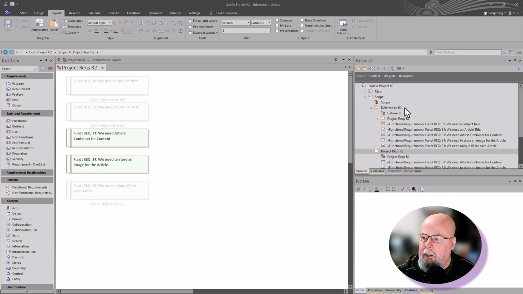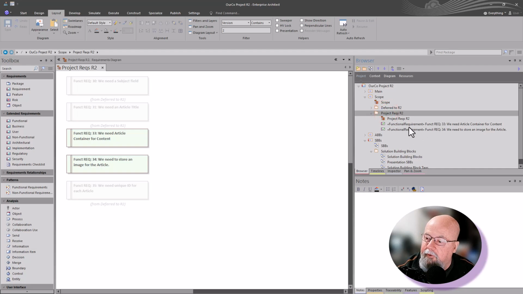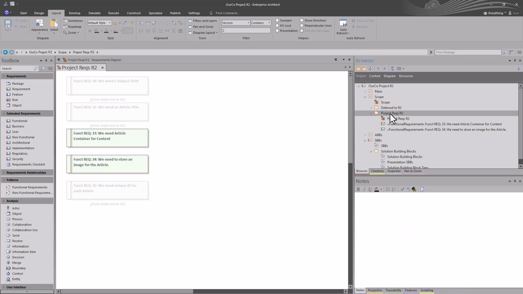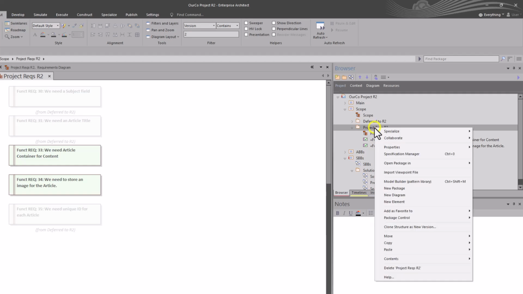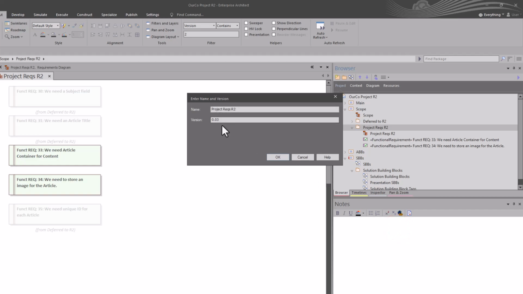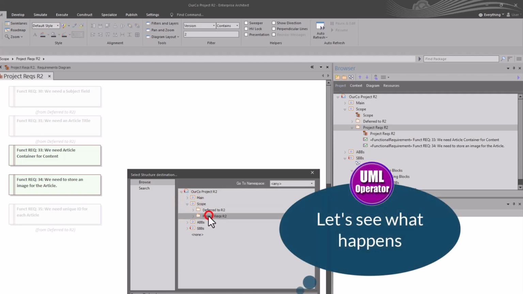But let's minimize this one. Let's clone requirements that have version 2 in it, right? So it has 2 requirements that are already in here, and we're going to clone this structure, right? So we're going to right click on here. We're going to go down to clone structure as new version. This is going to be 03. There we go. And we're going to put it in scope, but we're going to put it inside the project